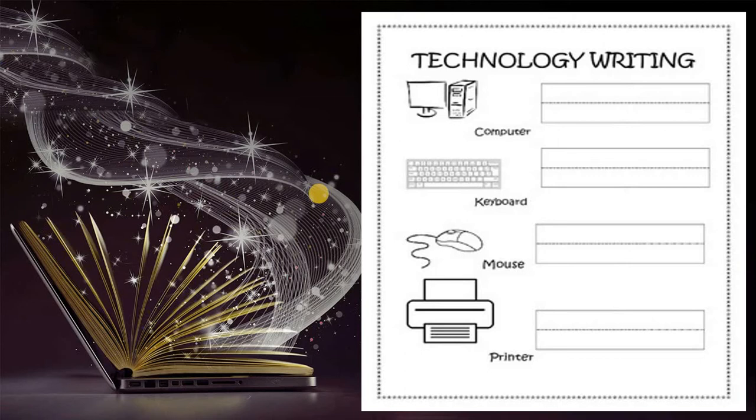Now see this activity, right? Technology writing. So what do you have to do? You have to see the pictures, identify the pictures, and write two sentences about these pictures. It's so easy, right? Because you know the pictures very well. I know you identify pictures very smartly, but you have to give the answer very smartly by giving a proper sentence about that picture. So let's start the picture identification and writing their sentences. Come on, let's start.